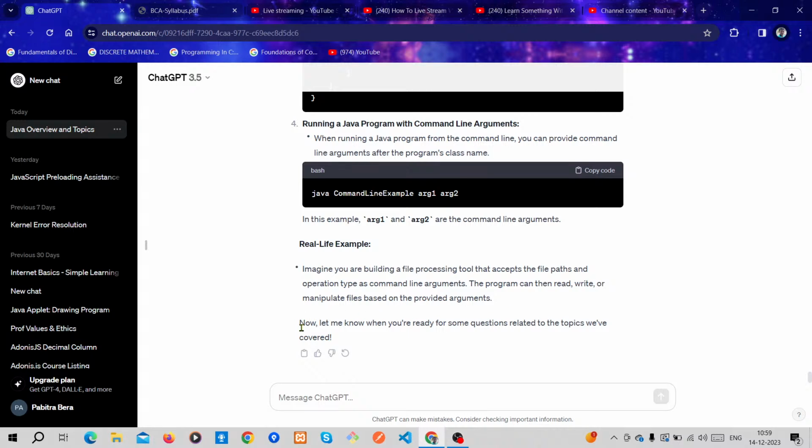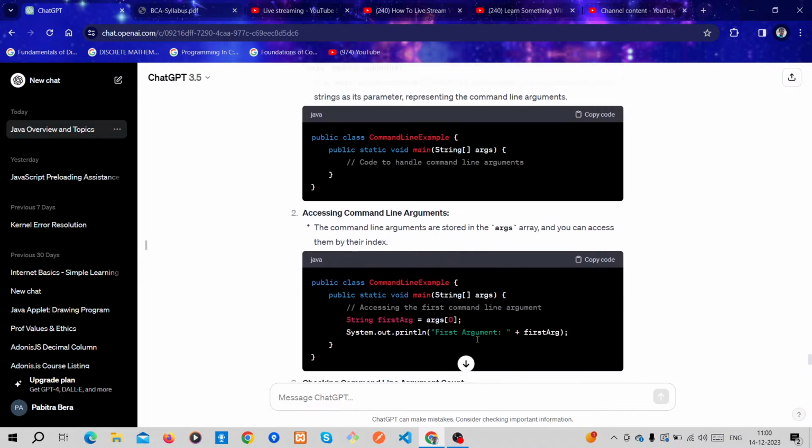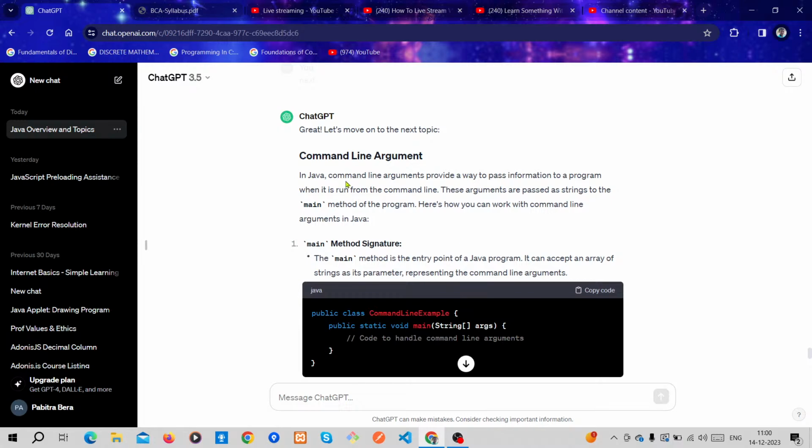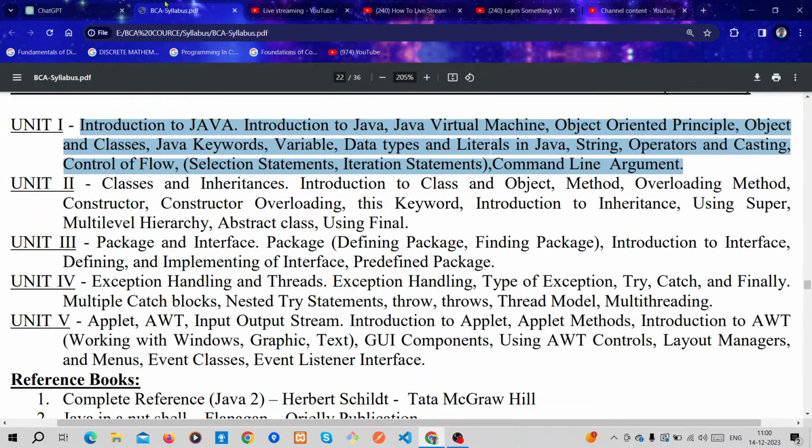Now we let ChatGPT know we are ready for some questions related to the topic we have covered. We have covered all the topics. This is our end topic, command line arguments, the next topic in unit 1.